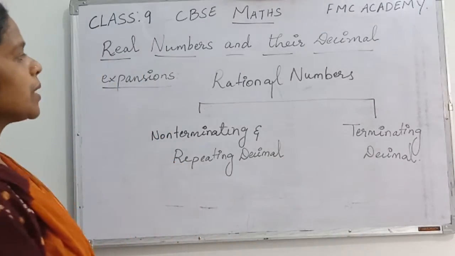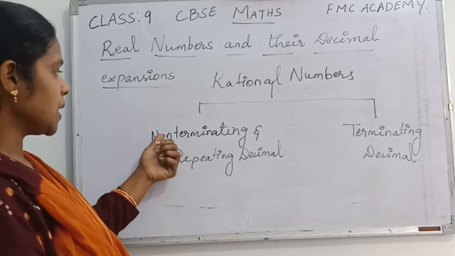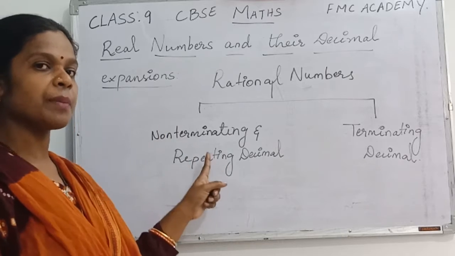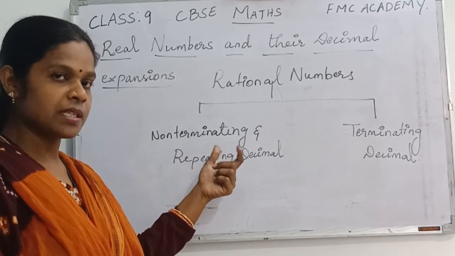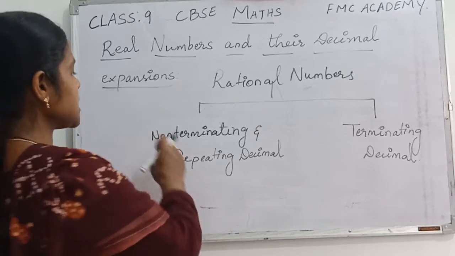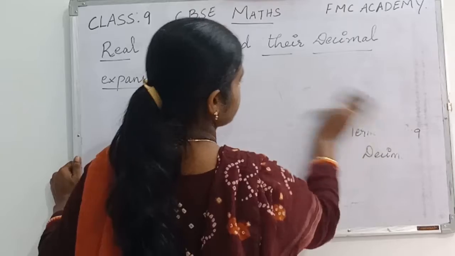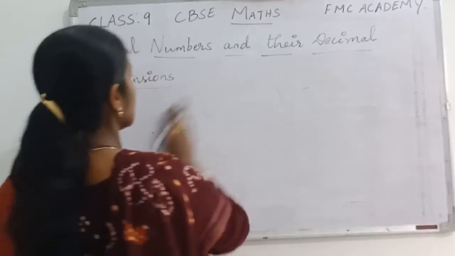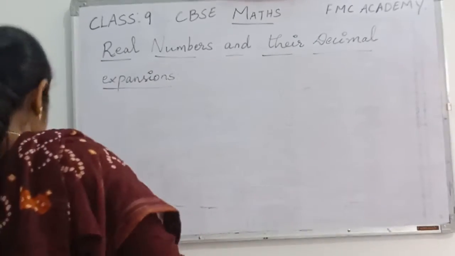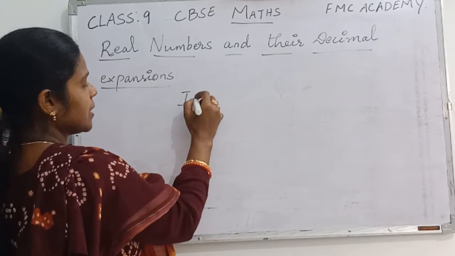Yes. The next one is about the second type. Because when we say non-terminating and repeating, there may definitely be the opposite of this also, right? There may be some numbers having the condition opposite to this. Let's see some more examples for that and what name is given to them. I think you might know now, that is irrational numbers. Okay, the second type, irrational numbers.